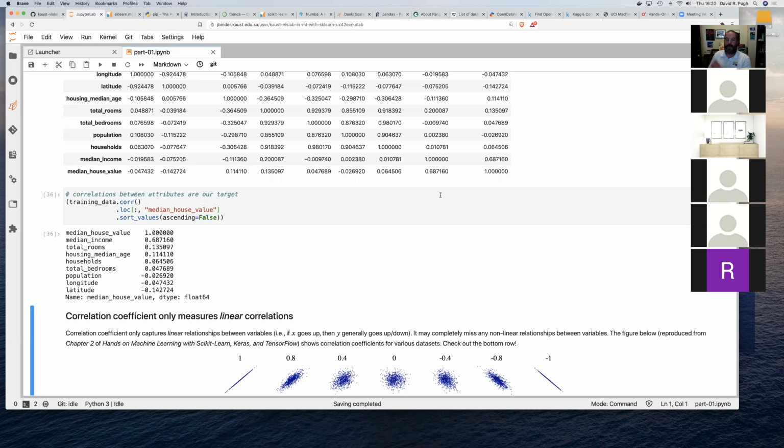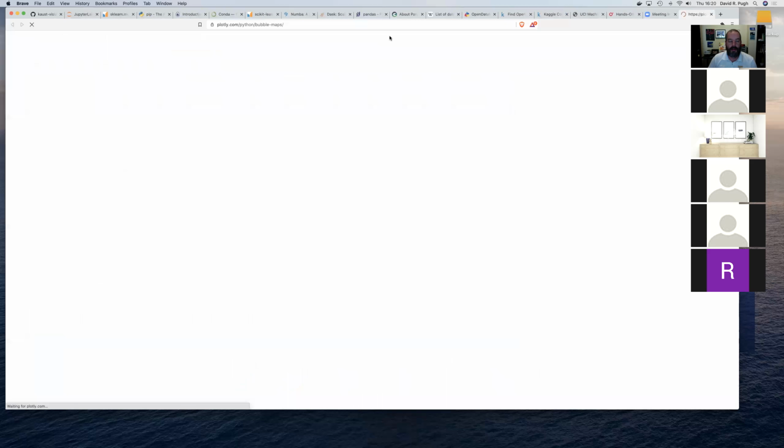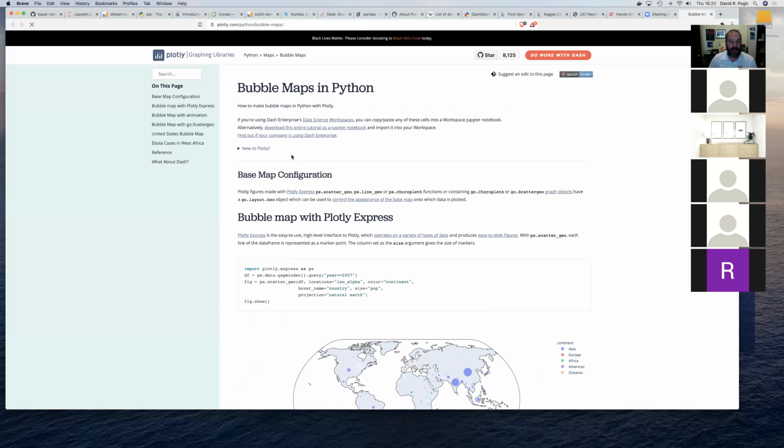Okay, so good. We've got some questions. Let me take a look at the questions here. There's a link to a Plotly library and some bubble maps. Let's take a look at this. Plotly bubble maps. Plotly is a Python visualization package. I didn't actually install Plotly in this environment,